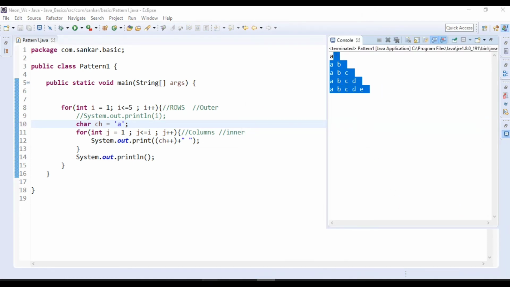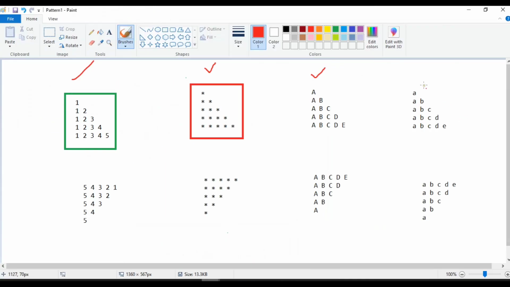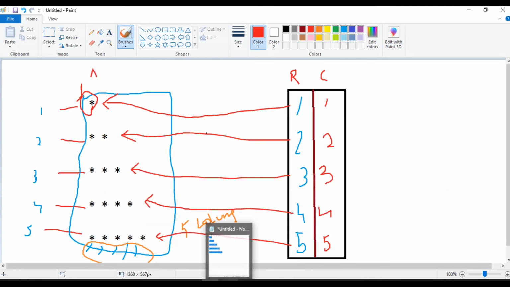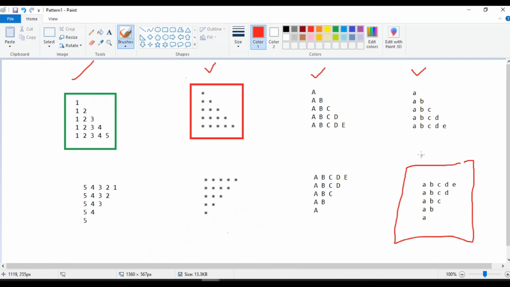Up to now, let me check what we covered. Up to the above row everything we covered. Now check this condition. Now our intention is to do this one, right? Normally we take this diagram, and the same we will do here itself. Check how many rows there are. Rows 5 is there, columns also 5, but here the condition is there.